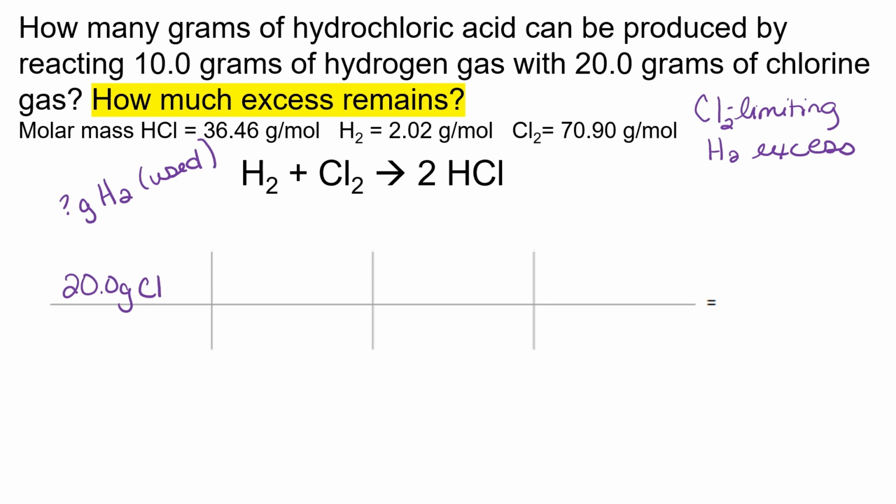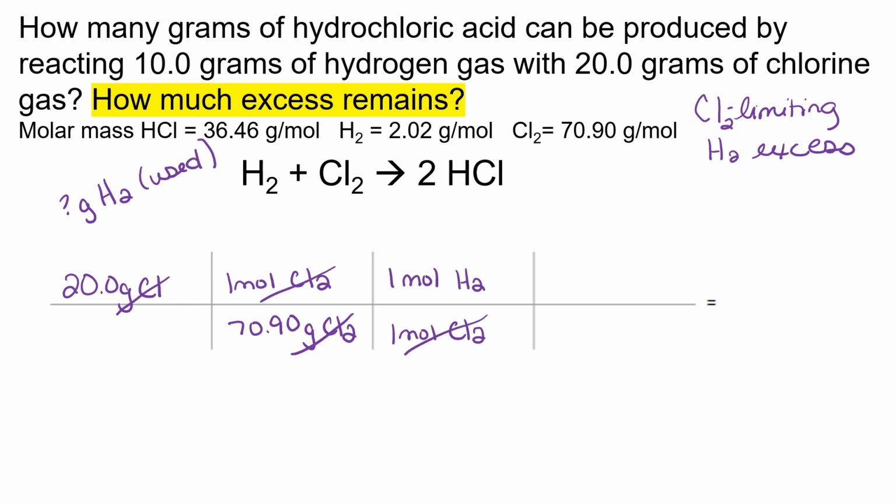So for every 1 mole of chlorine, I get 70.90 grams of chlorine. For every 1 mole of chlorine, there's 1 mole of hydrogen. And for every 1 mole of hydrogen, there is 2.02 grams of hydrogen. When I put this into my calculator, I get 0.5698